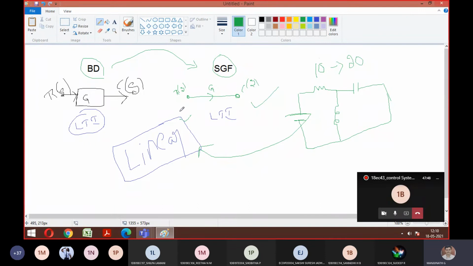Second thing, in case of block diagram, elements are represented by blocks. This is an element, right? This element is represented by a block. But in case of signal flow graph, there is no element, there is just a variable. You can see G. G is just a variable. There is no element like this; it is represented by nodes. You can look here, I've drawn some bubbles at input level and output level. These are called nodes.